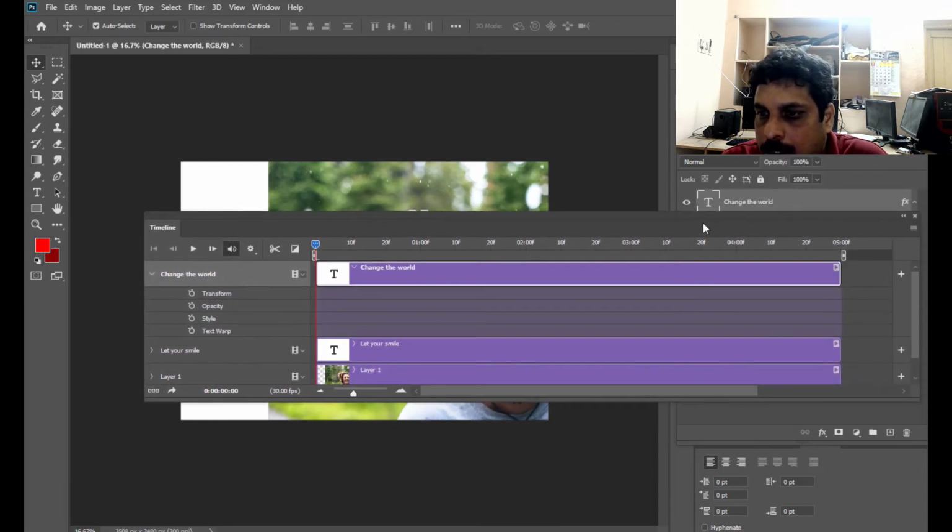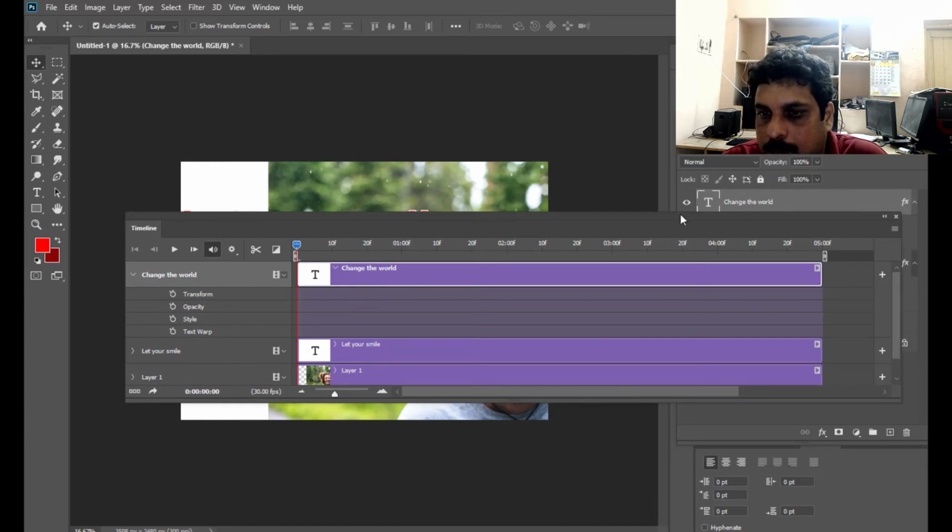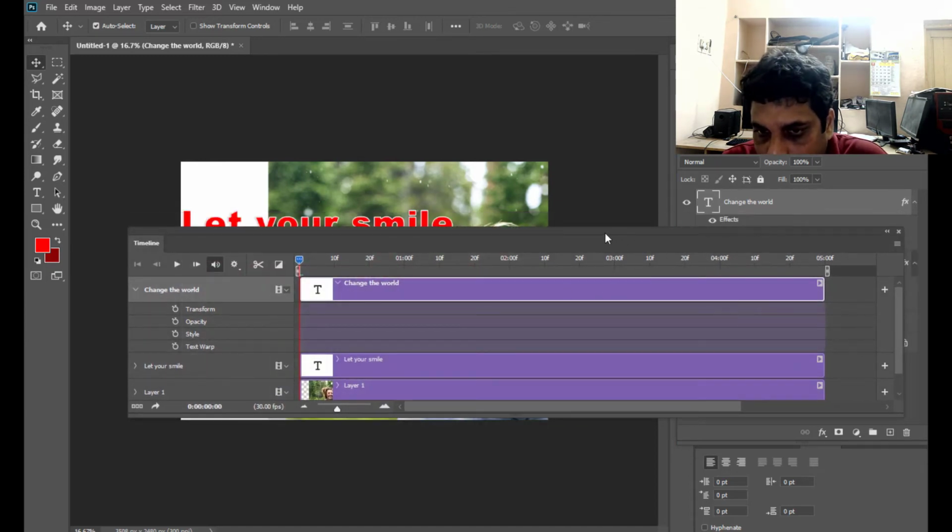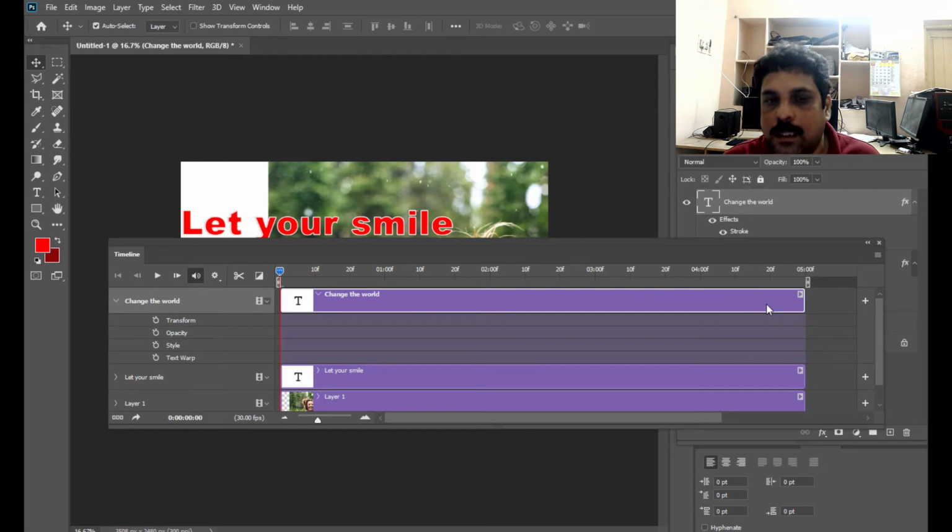You can also decide what the time limit of your animation is, just by moving the work area. With this slider, we can actually decide how many frames or how many seconds we want the animation to be.